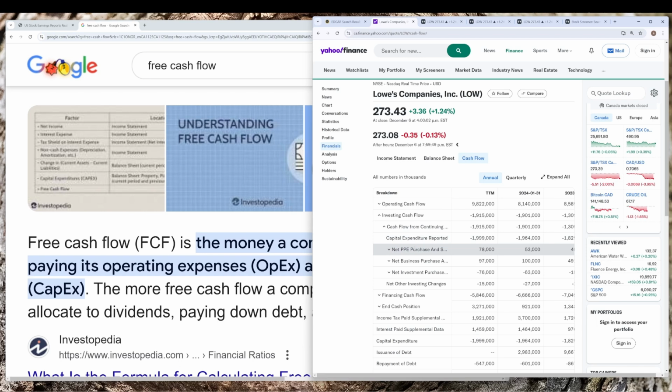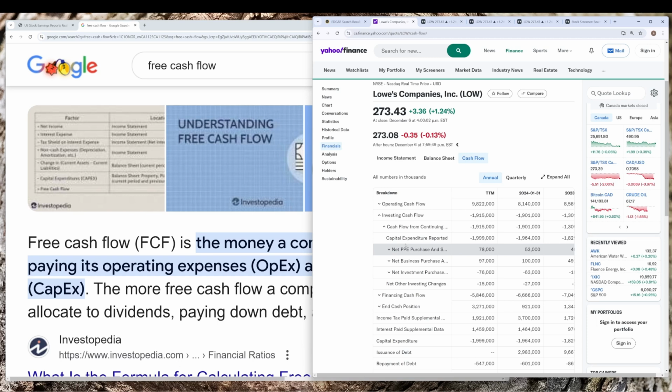If you break it down a little bit more, you get something called capital expenditures, right? Because they have other stuff, like there could be a million other things here. You have to really focus on the capex stuff. Capex. Now you can focus even more. See, net business purchases. So this is them investing in another business. So that's a form of capex. That's adding a new operation, right? Net PPE, that's property, plant, and equipment. So that's physical stuff. So for a company like Lowe's, that might be new stores, new warehouses, new distribution centers,